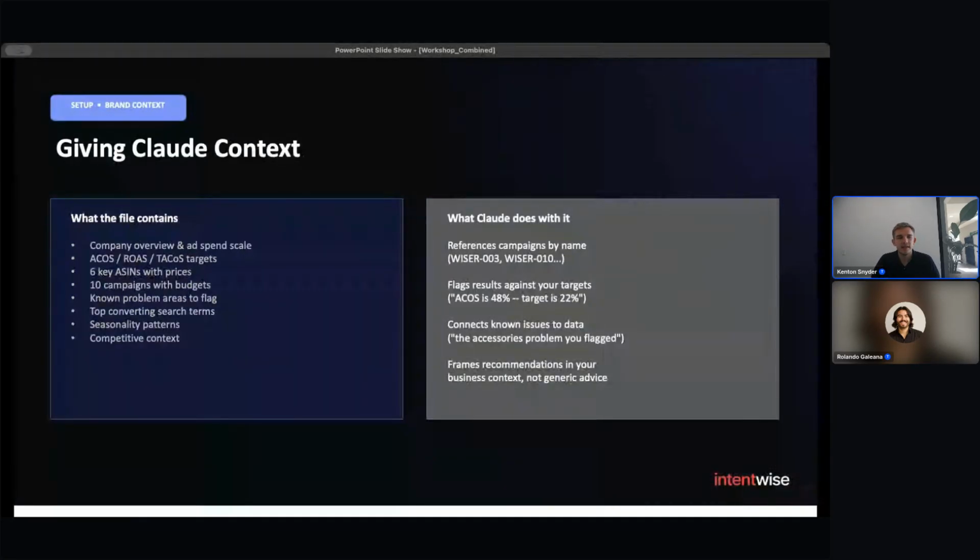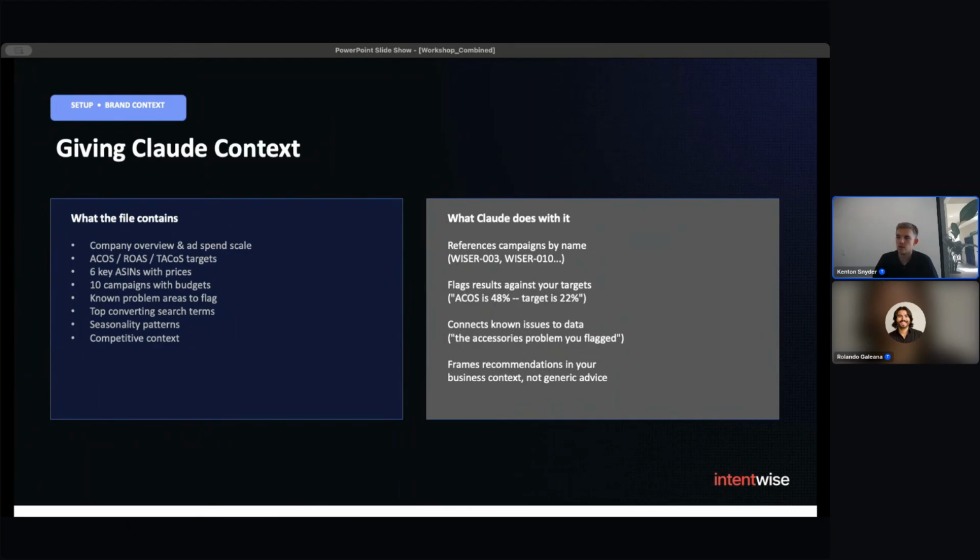So as we think about setting things up, I think a big thing that's important to keep in mind before we start asking these questions is giving AI tools context. By default, I'm sure you all have probably used AI tools to an extent. They're very generic, right? They're built to help everybody and answer any question. So they're very generic by default. And so because of that, you're going to get generic insights into what the causes of changes in your performance might be. So to help with this, we want to give Claude, or any AI tool for that matter, some specific context to your brand